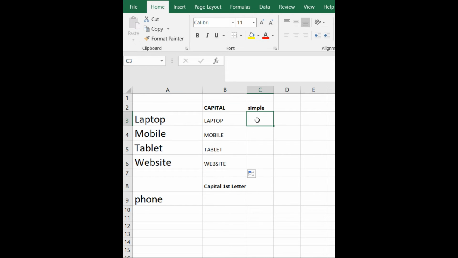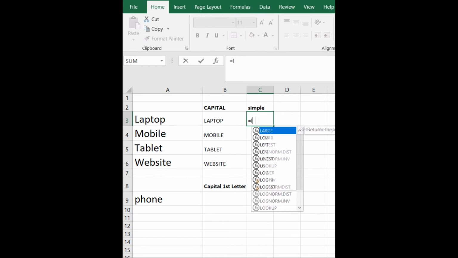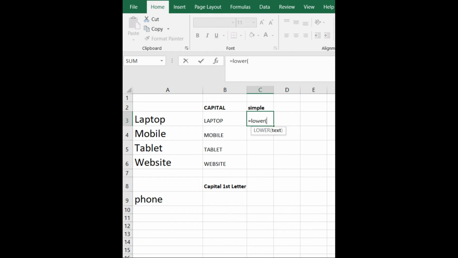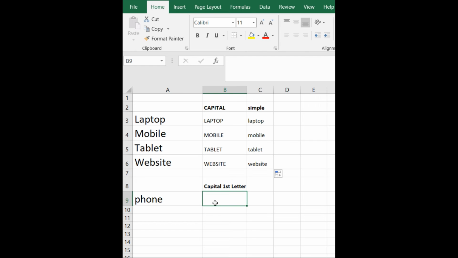Now let's say if you want to get simple letters, here's how you can do that. Press equal, then type lower, then open a bracket, select this word, close the bracket, press enter and then double click here. Now let's say if you want to change only the first letter of the word to a capital